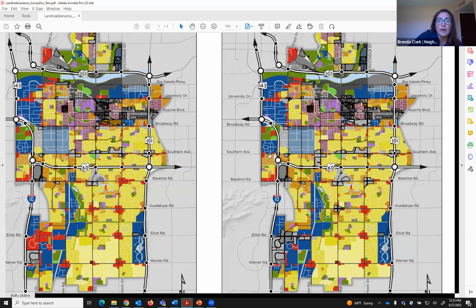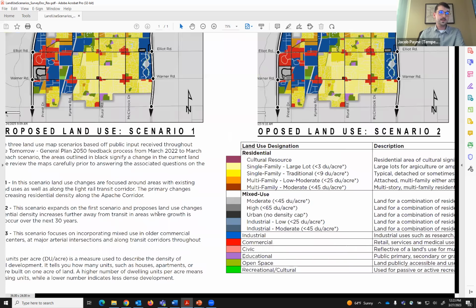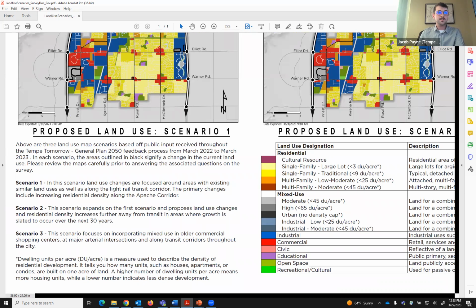And thank you, Mark. Mark wants to know if we can also provide captions for these maps that explain the difference between them. Sure. We have a little explanation, and like Brenda said, we can send out a PDF version of this, and it'll also be on the survey. But down here in the bottom left is a little explanation of kind of what I've mentioned before explaining them. It's not as detailed. If there's a desire for it, we could take what I have written and add that to this perhaps and do an update that way.